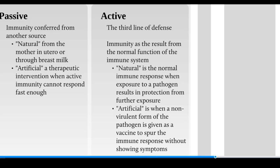The active component of adaptive immunity is when your lymphocytes are making antibodies or other molecules that confer that immunity to specific pathogens. The natural type is, in fact, how you respond to exposure to a pathogen. You get exposed to something, it takes a couple of weeks, but the adaptive immunity comes online and is able to fight it off. Then subsequent exposures to the same thing are going to be less symptomatic, possibly non-existent,